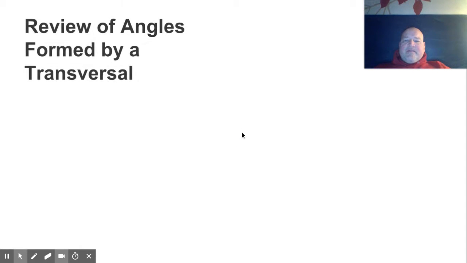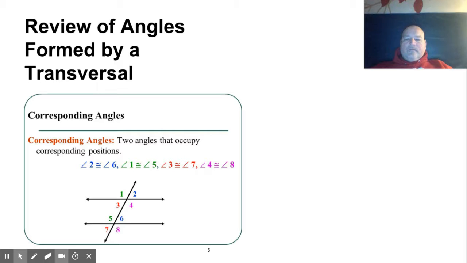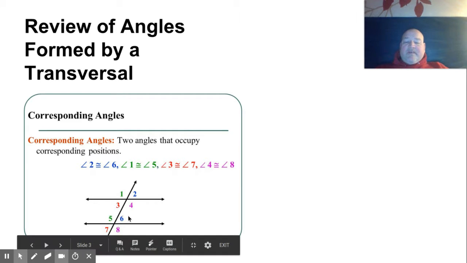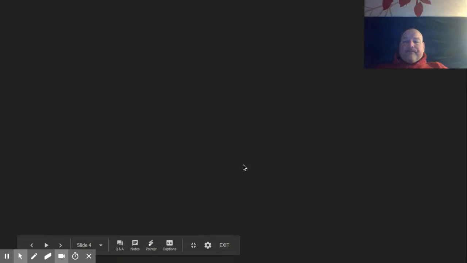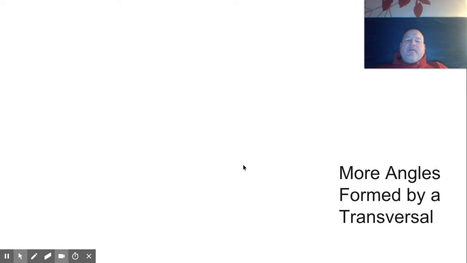So to begin today's lesson, let's review the angles formed by a transversal. Corresponding angles are two angles that occupy corresponding positions, such as 2 and 6, 1 and 5, 3 and 7, 4 and 8. The other ones that we learned yesterday,